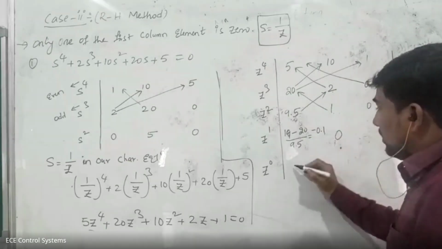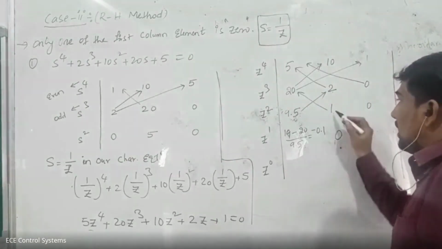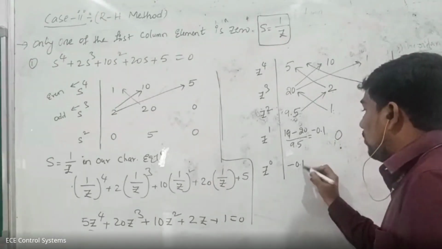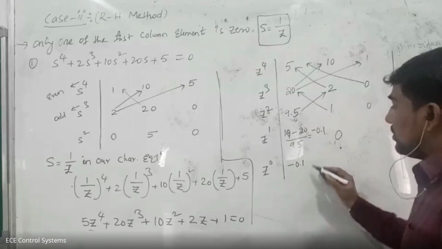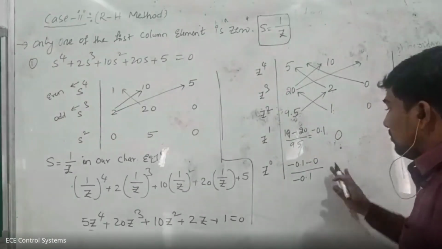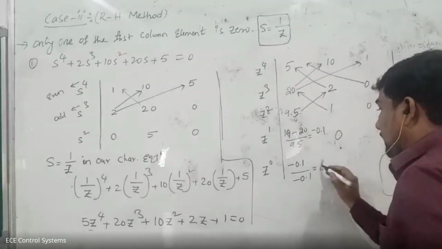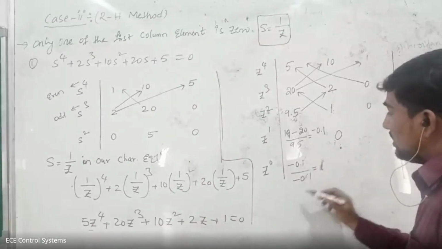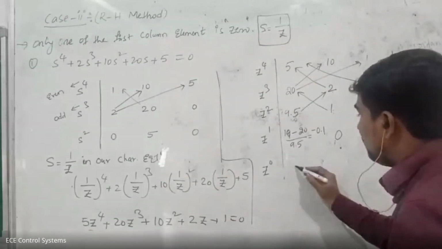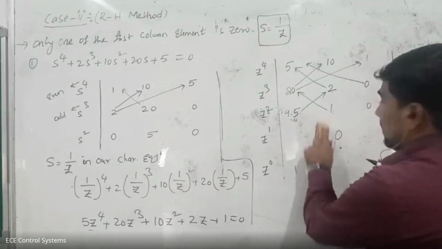Now, you have to take this one. Minus 0.1 is multiplied with 1, that is 0.1 only, and 0 into something is 0, by minus 0.1. Simply you have to take that is only 1. Both are cancelled, then we can get 1 as the answer. Okay, this answer is 1. Now this answer is what? Minus 0.1.